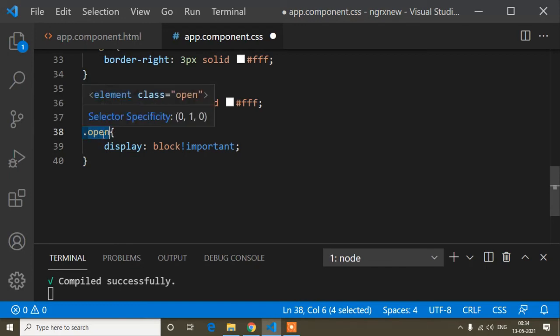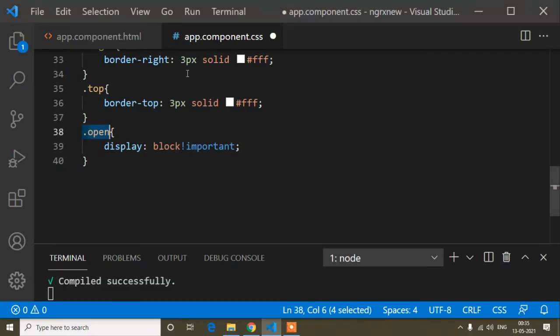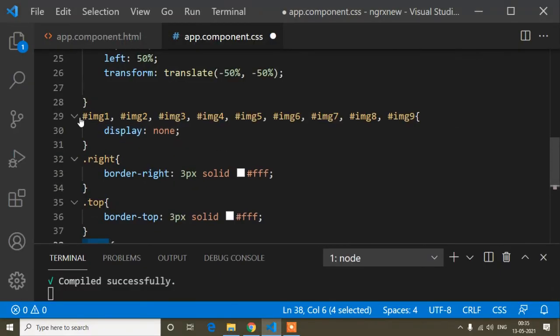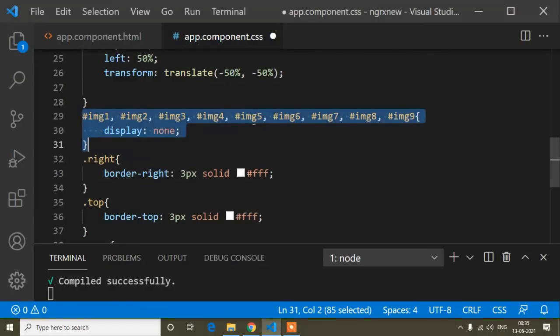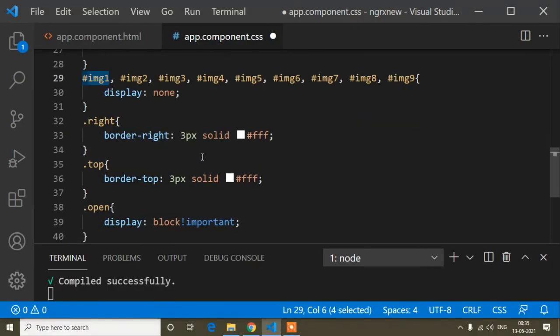And where will this open class be used? When the user clicks any box, at that time I have to show the image, cross or 0. Whatever I show will depend on the functionality, but I have to show the image. Previously I have written display none for all the images, but when the user clicks any box, the image will be display block.